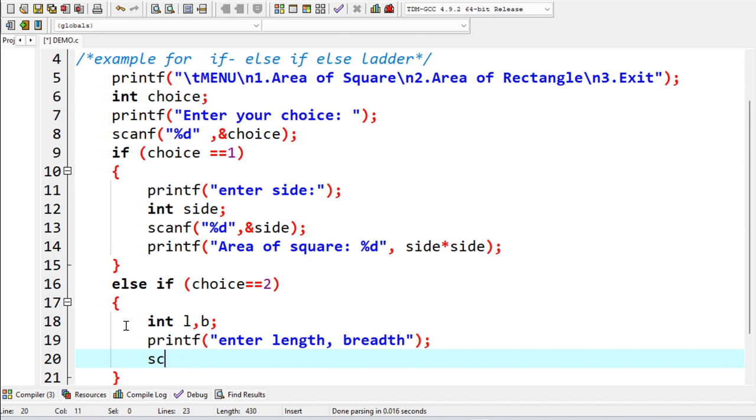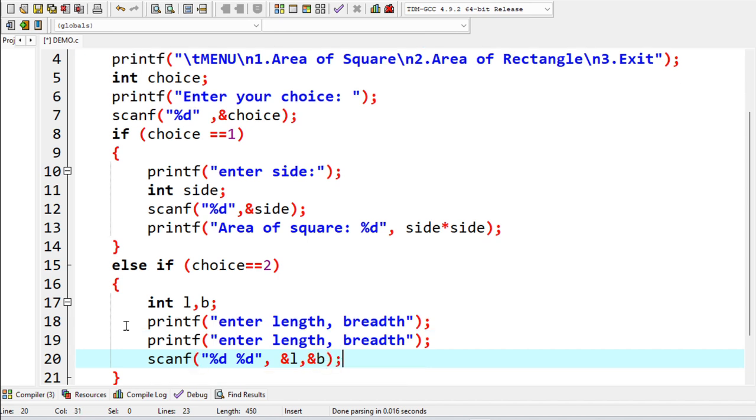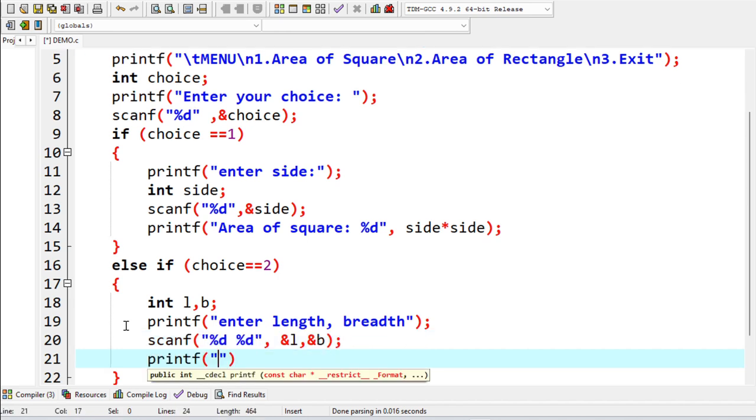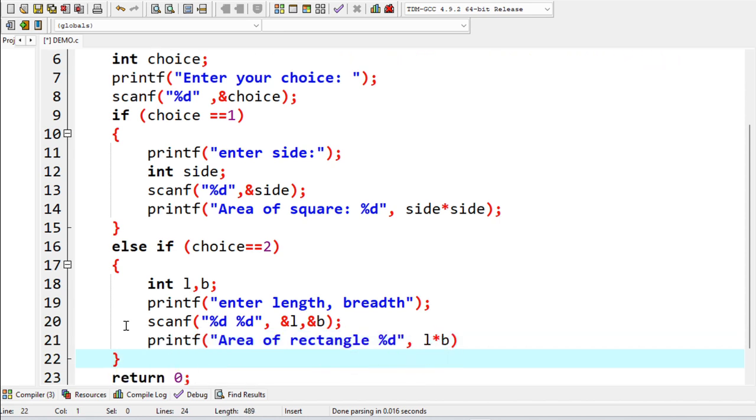Scanf. There are two variables to be read, so the format specifiers for both: address of the variable length, address of the variable breadth. And with these two values read, I shall print the area of the rectangle to be, again a placeholder for representing the result at that point, and for the placeholder the expression is L times B. Now if the choice is not a 2 as well, then I can go for a